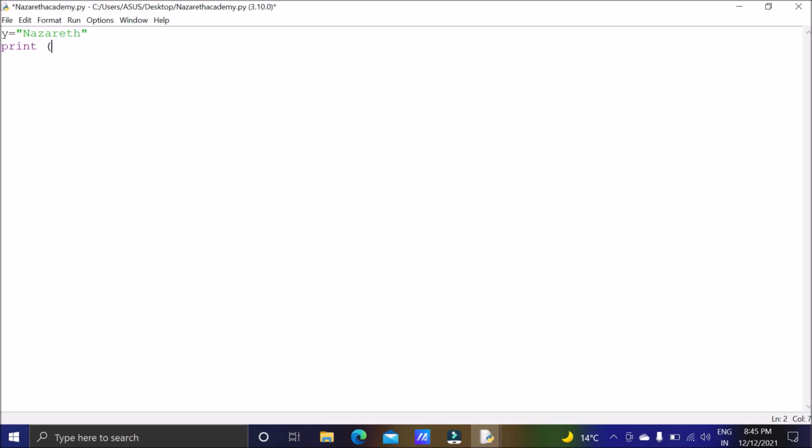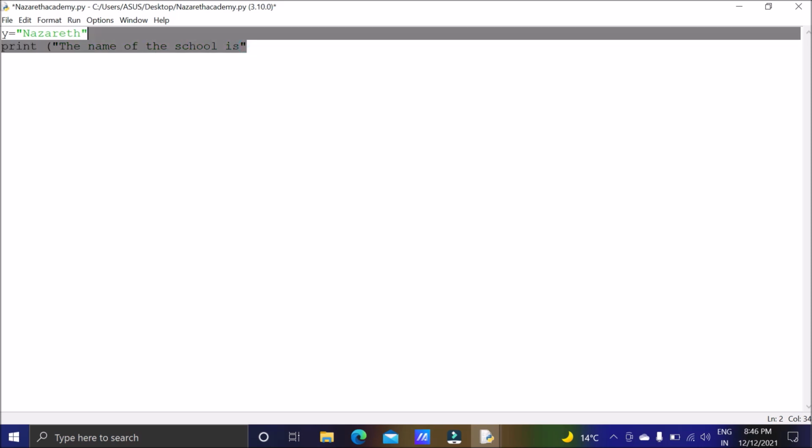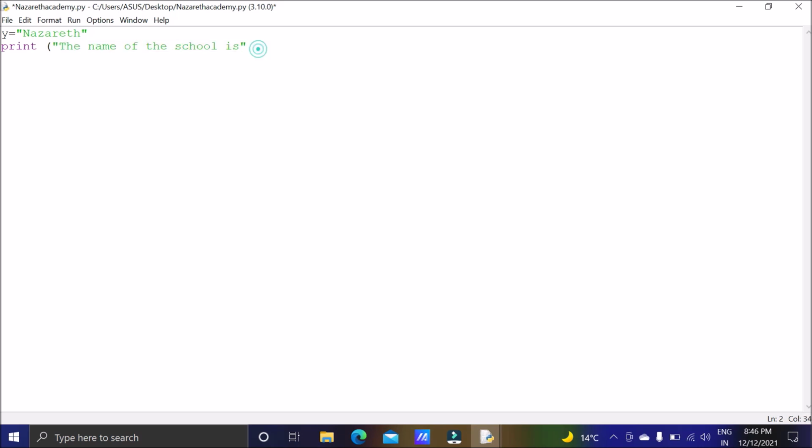So now I have one more method to print. Suppose I want to write one sentence and after that I want to print the value. So what I will do, suppose I will write like this: the name of the school is, and after that I want to get the name. This is in double quotes, so it will get printed as it is.